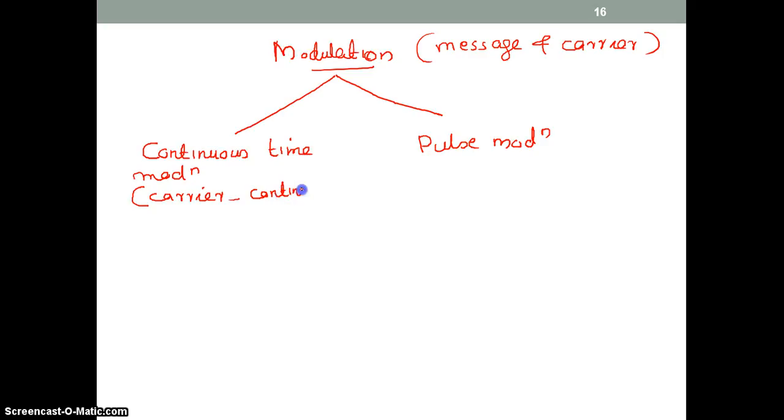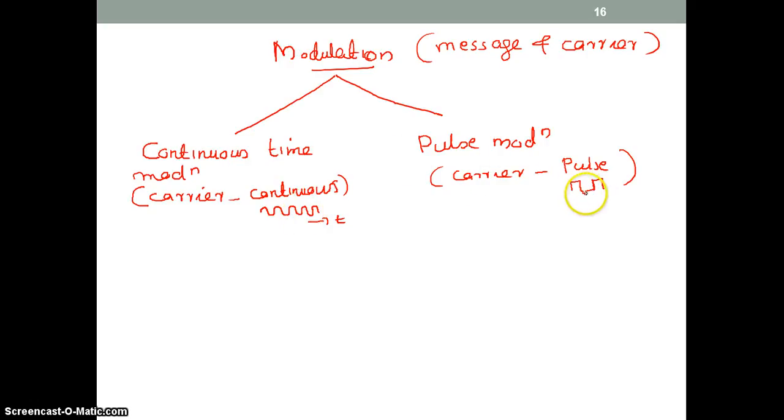Continuous is an analog signal; it will continuously change over time. Pulse modulation means your carrier will be discrete or pulse, like on, off, on, off. So, modulation is classified into two types: continuous time modulation, where the carrier is a continuous signal, and pulse modulation, where